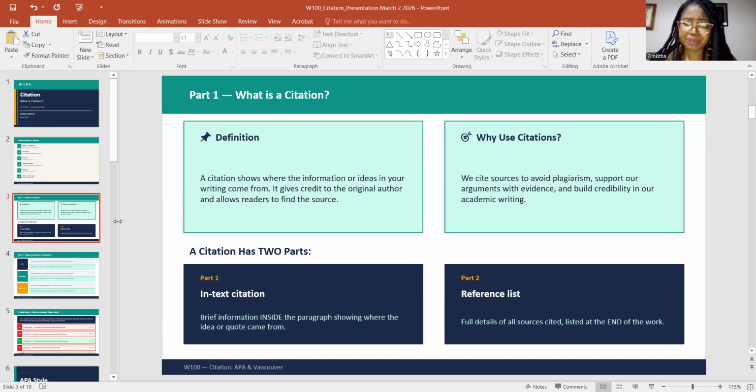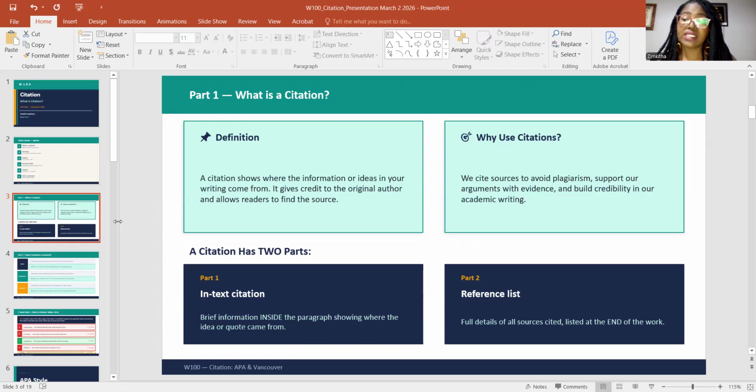Why do we use it? Because we want to avoid plagiarism. That's why we need to avoid plagiarism. That's the first of all, because you cannot use somebody's work without giving them credit. That is almost like theft, okay? And that's a huge crime. In universities, you can actually get expelled and get a behavioral or academic strike.